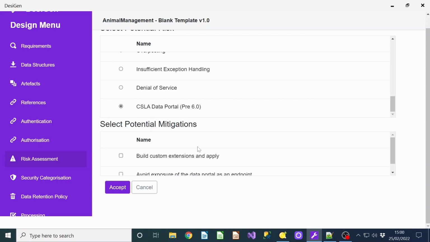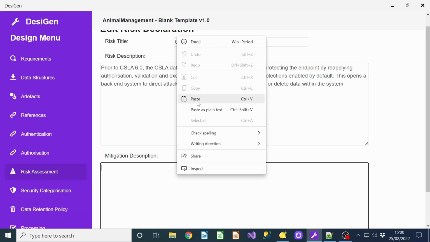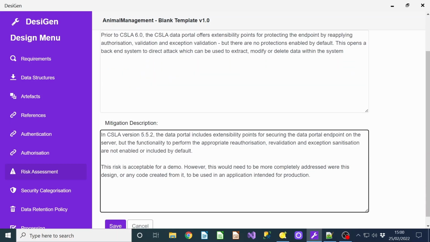I've added this. This is like a custom addition, if you like, in terms of the risks that I can choose, because this is all editable by the user. So I've added this one to say I'm using the CSLA data portal. Again, I've got potential mitigations, which I'm going to ignore because I'm not going to mitigate it really. I'm again just going to add a piece of text that says in CSLA version 5.5.2 the data portal includes